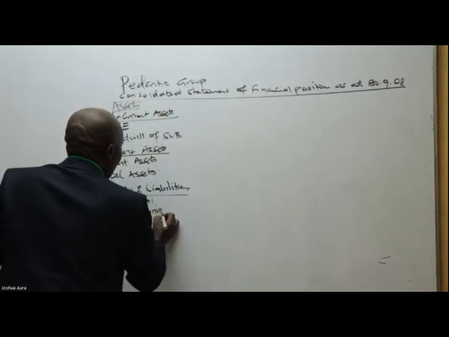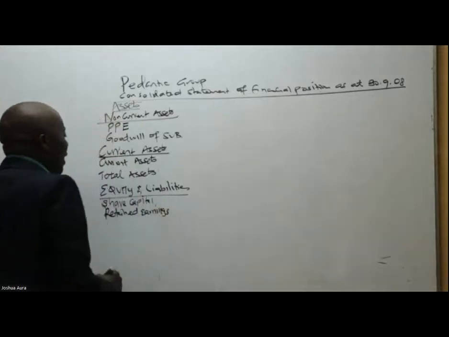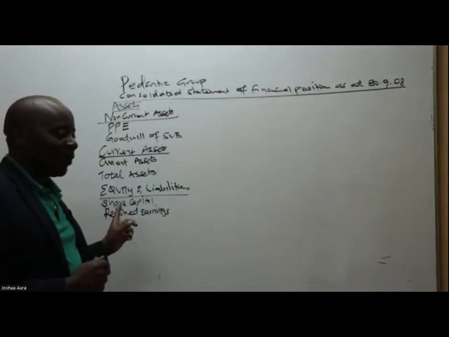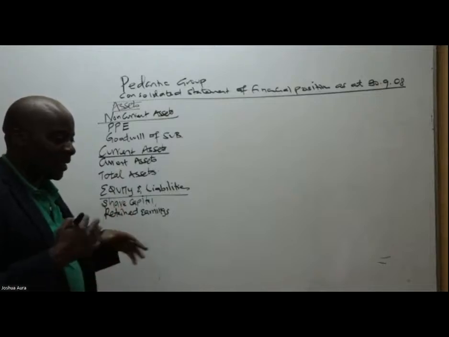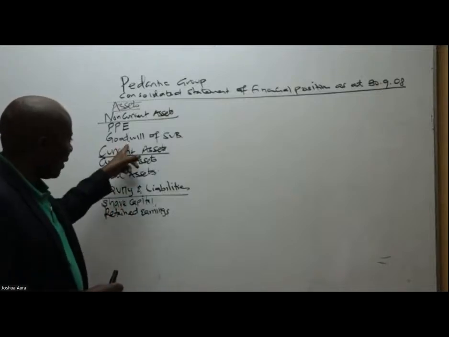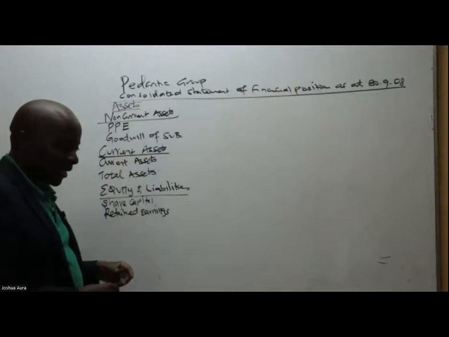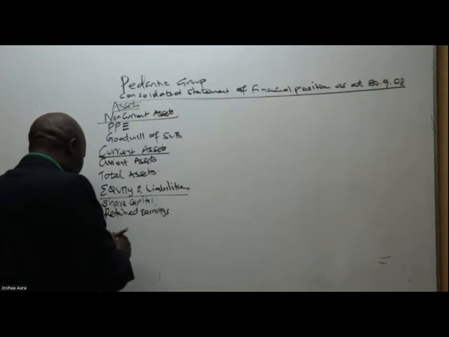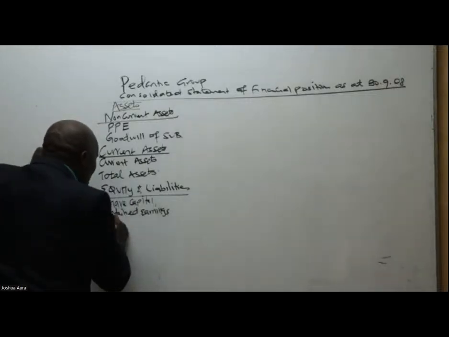What else in this case do you know? When we are consolidating under equity, what else must we add here? Even if it's not given there, just like we included goodwill here, we must include something here. NCI, thank you very much. So you must include this other permanent source of capital, which is called non-controlling